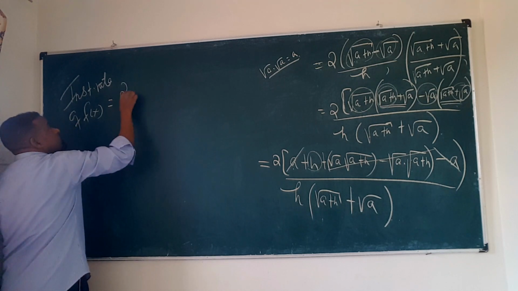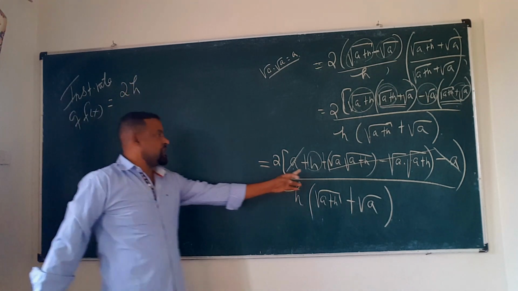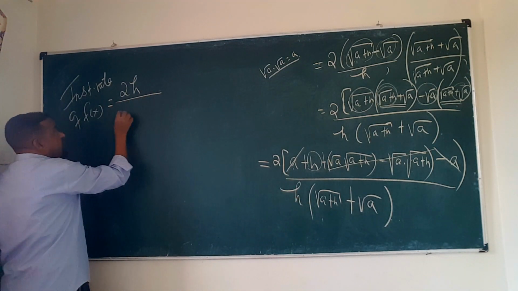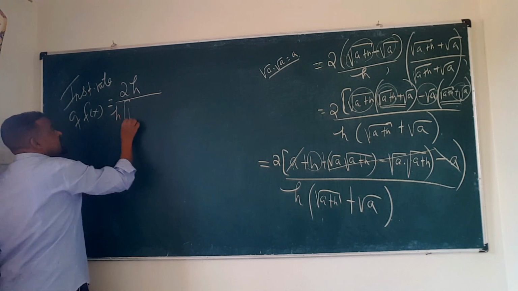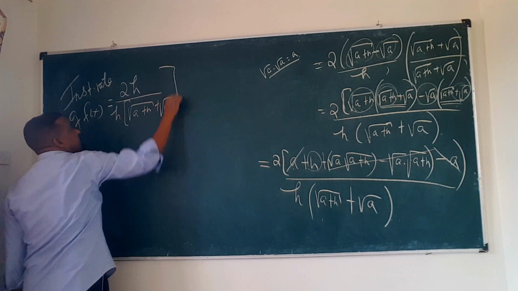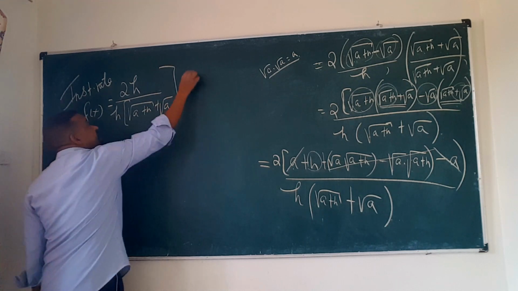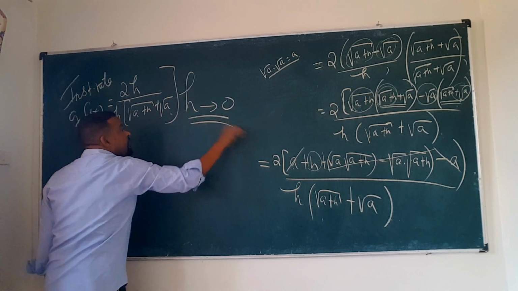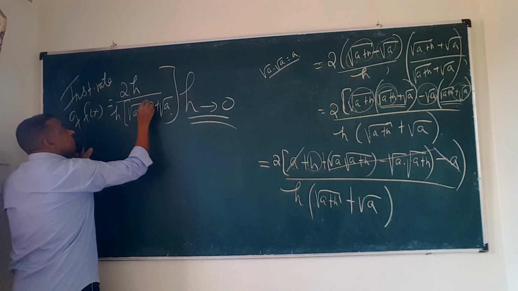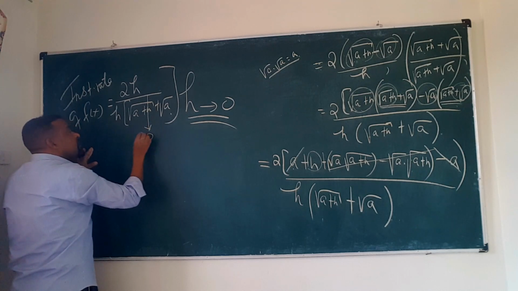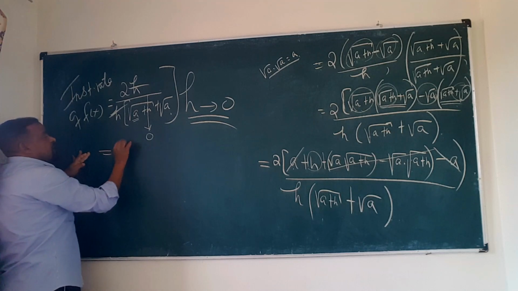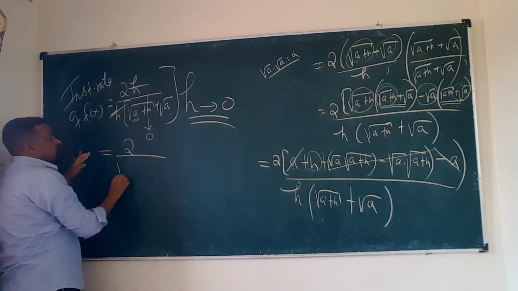ከላይ ምን አለን? 2 times h አለ ማለት ነው። ከላይ h ብቻ ነው የሚቀር ኦቨር ከታች h times radical of a plus h plus radical of a. Now look, when h is approaching 0 ልብ አድርጉ። የh ዋጋ ወደ 0 ሲሄድ ይሄ h ወዴት ይሄዳል? ወደ 0 ይሄዳል። ምን ይቀራል? እዚህ ጋር a ይቀራል። ስለዚህ ይሄ h በዚህ ይጣፋል። ከላይ 2 ብቻ ይቀራል።